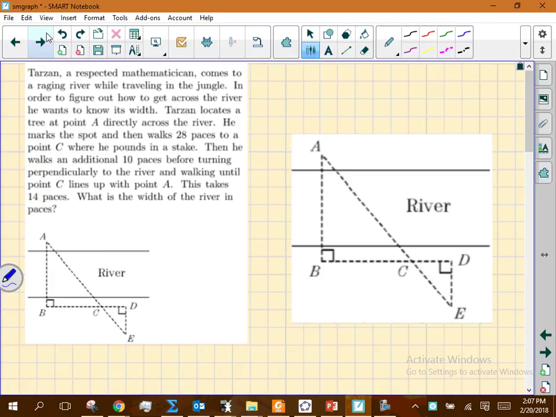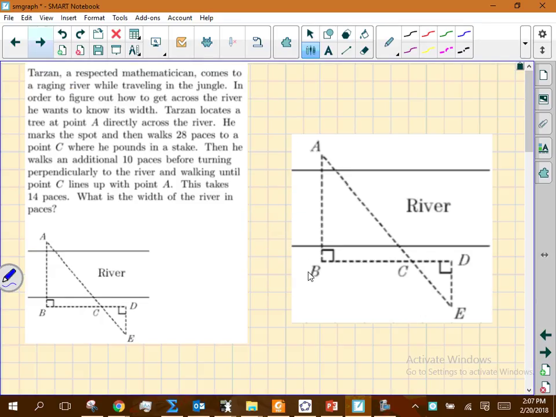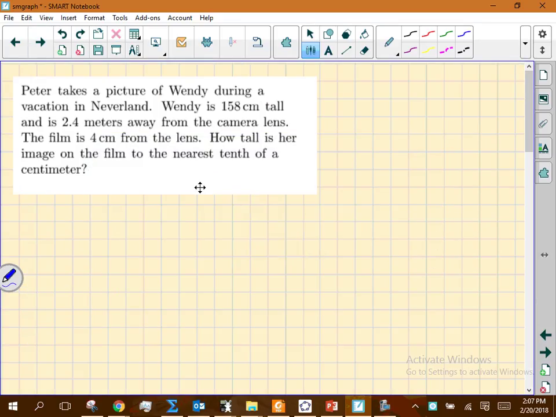Let's get to this one. Okay. I want to just walk you through this picture, because the reason I'm explaining this stuff to you is because in some of your homework questions, you're going to read the story problem, and they're going to kind of take for granted that you understand the physics of what's happening. So some of these story problems that we do today should mimic or be somewhat similar to what you see in your homework.